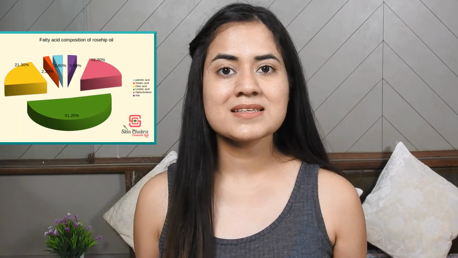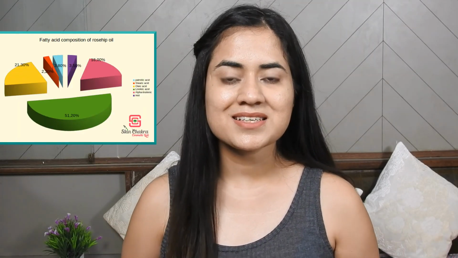So firstly, we should know what is rosehip oil. The rosehip oil is derived from the Rosa canina rose bush and it comes from the seed of rosehip fruits. So it's very different from rose oil, and the rose oil is extracted from the rose petals. It also contains essential fatty acids such as oleic acid, linoleic acid and linolenic acid. So it creates a strong skin barrier.